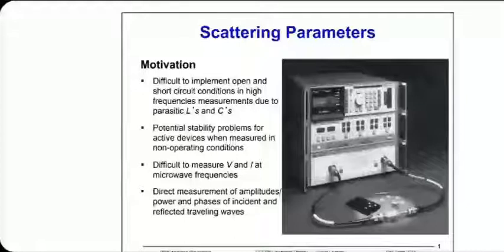Also, if you are trying to characterize an amplifier or some other circuit containing active devices, there will be even bigger problems than accuracy. The entire design may start oscillating. There may be stability problems because you are actually influencing the design itself by creating parasitics when you are doing open circuits and short circuits.